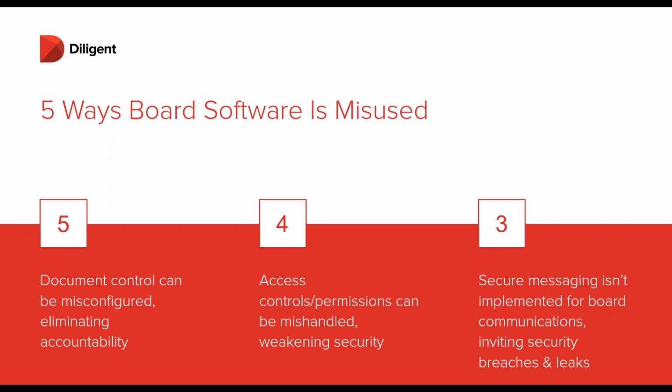I think the next one, which is related, but a little bit of a nuance there, would be that access controls and permissions haven't been applied correctly. So part one is really how do we handle the security of the documents? Part two is how do we handle the right level of access for the people? So not every single person should have the same level of access to the system. You may have some individuals that work within the company that need to have much more administrator level access and the ability to change things, edit things, move things around.